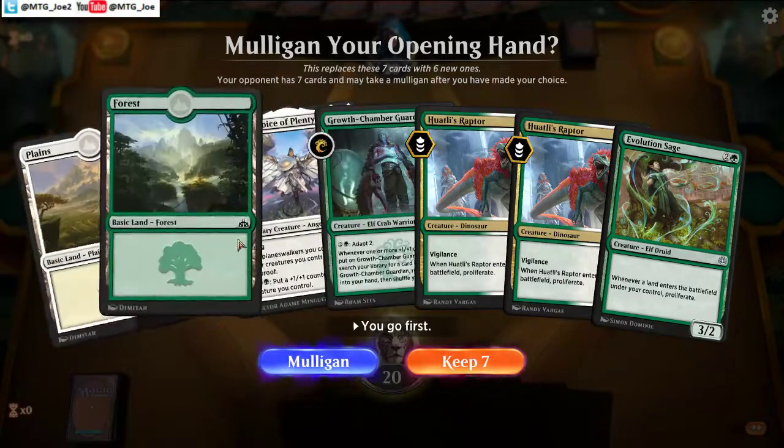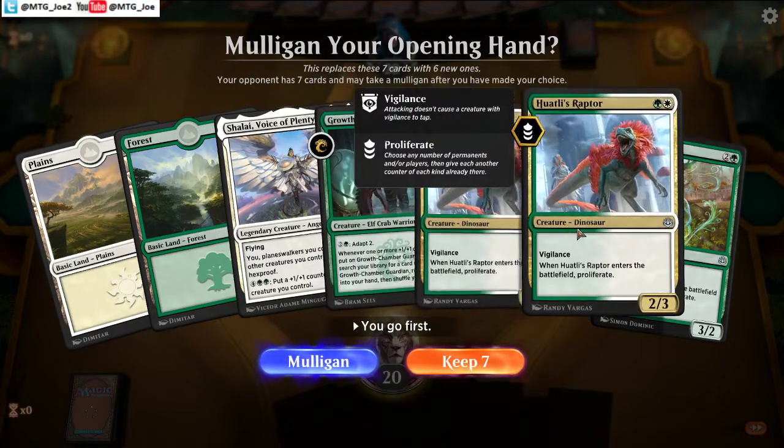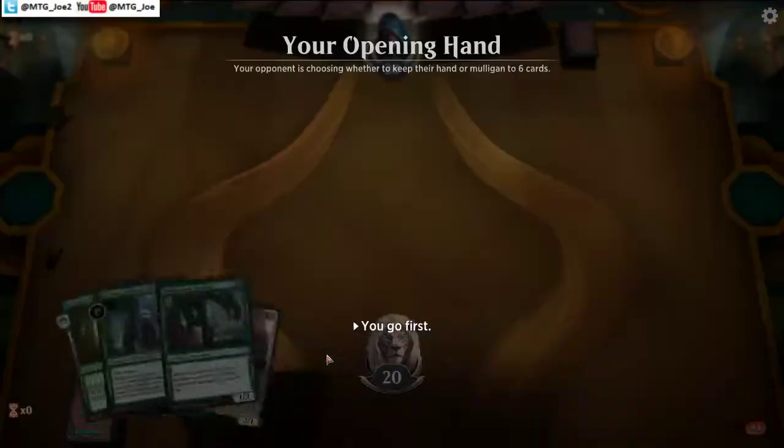So with this hand here, we don't really have a way to proliferate. We have a lot of proliferate threats, but not really a real threat in terms of...